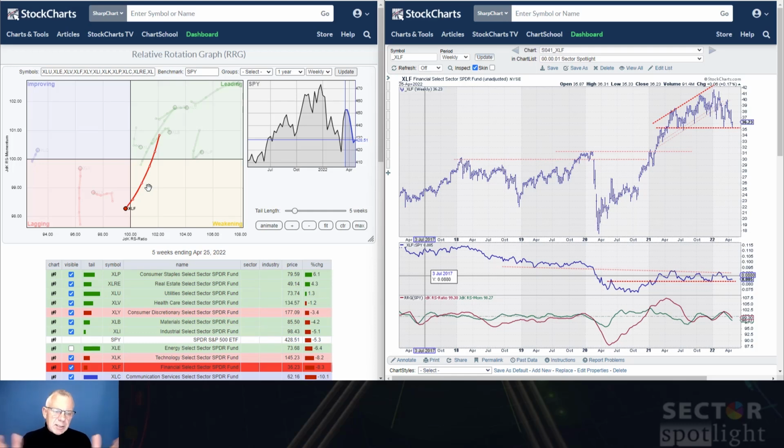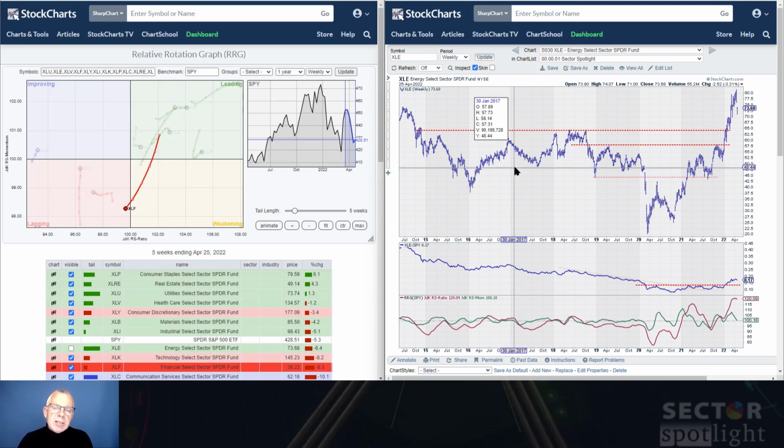So there you go. Make it the call, make it the assumption, make it the alignment: the one sector where seasonals and current rotation are aligning. If we quickly look at a few of the other sectors,